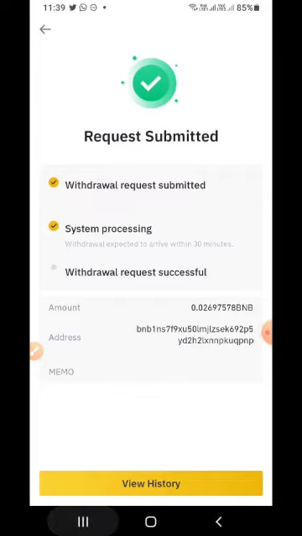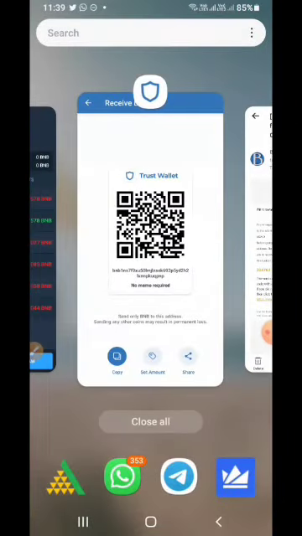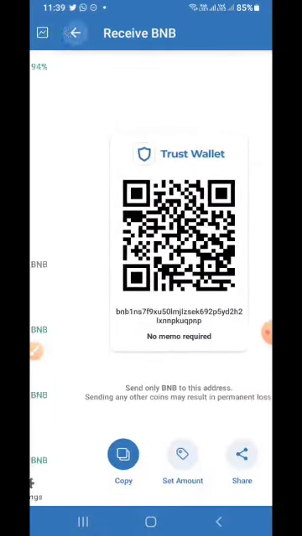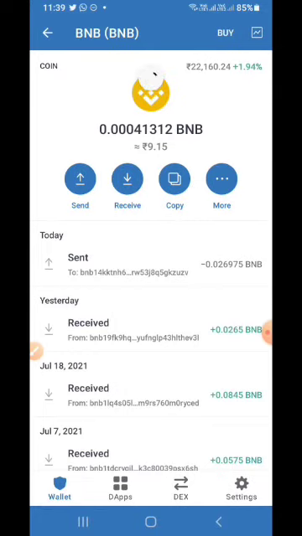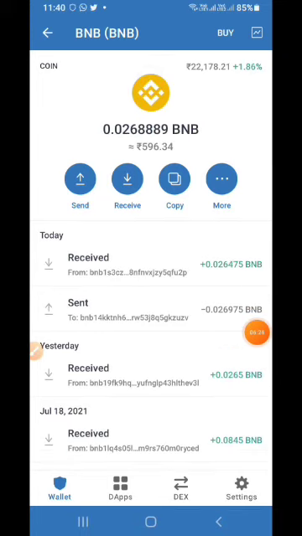Just open the Trust Wallet app. Just refresh the Trust Wallet. The BNB will be updated.